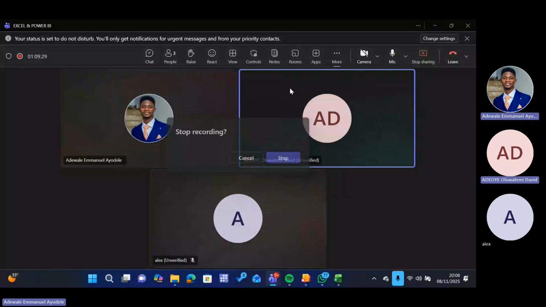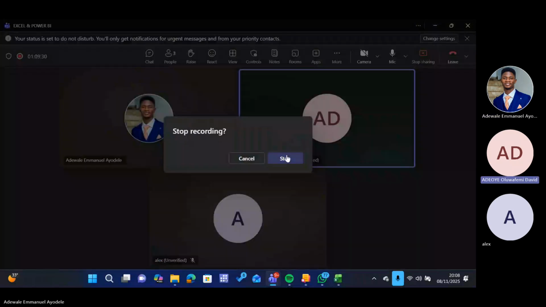Yeah, about the index match function. The way you start